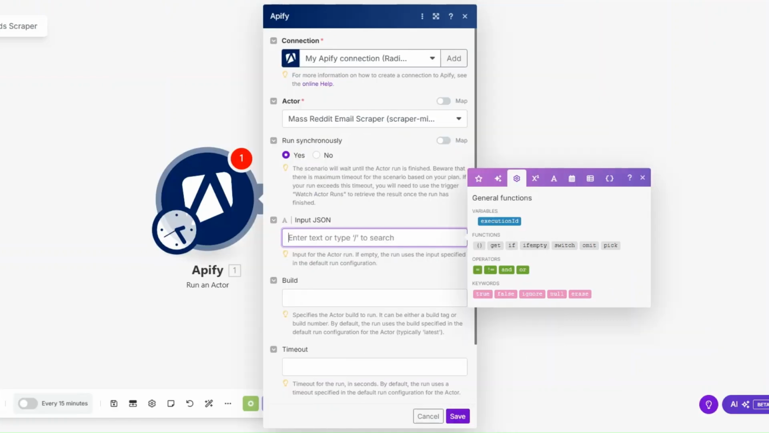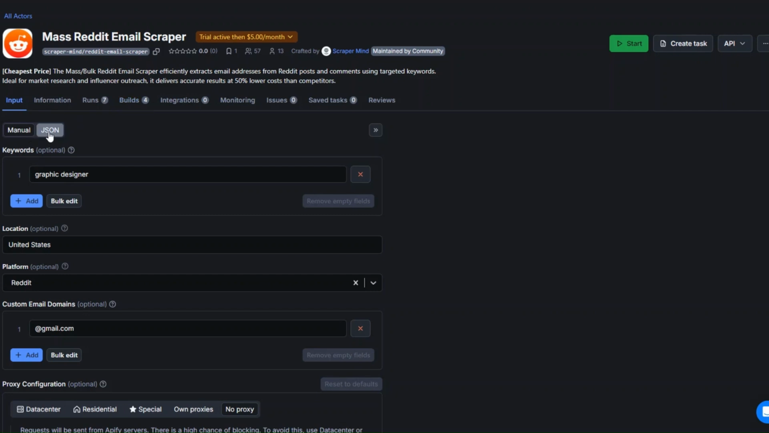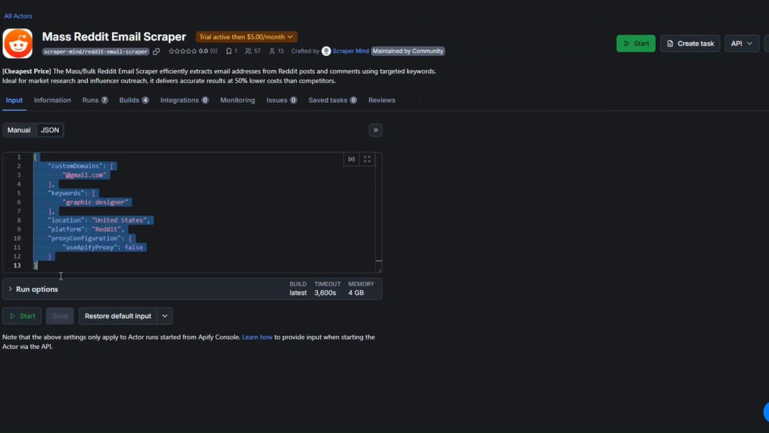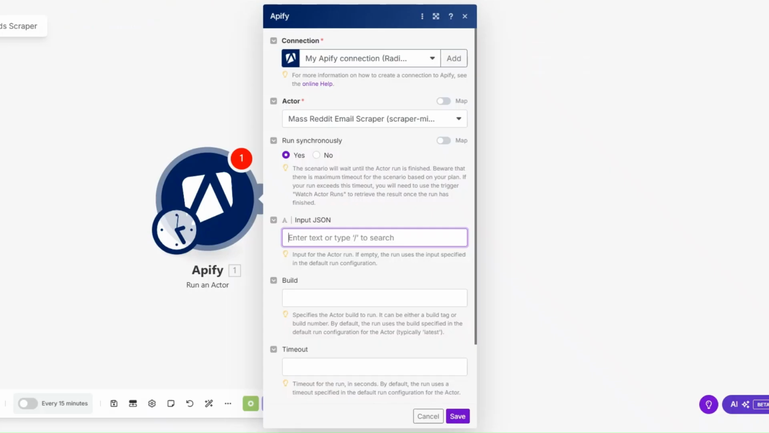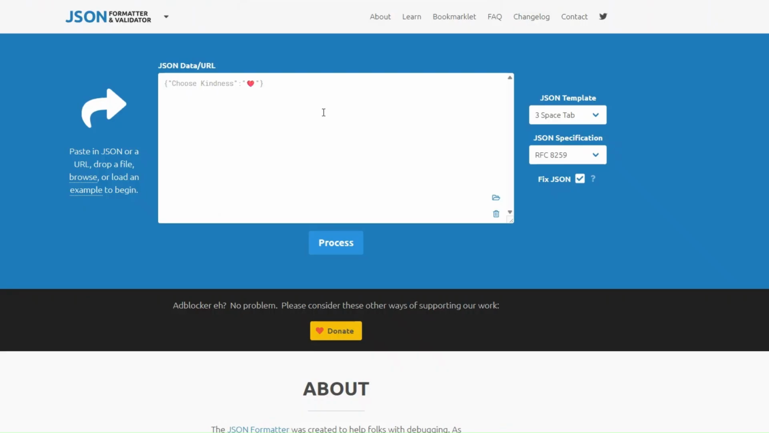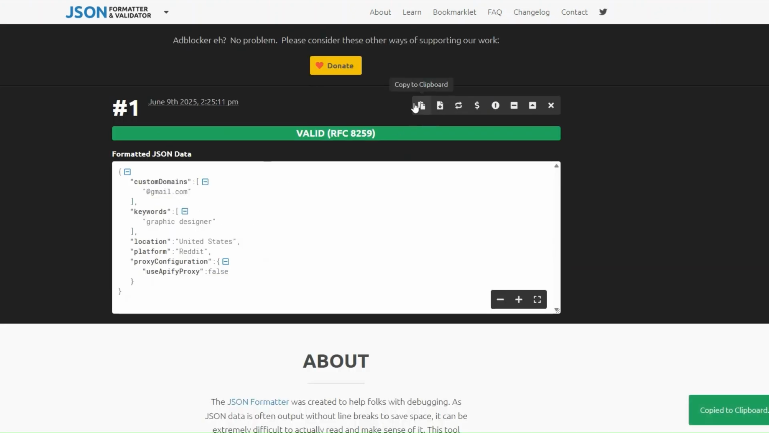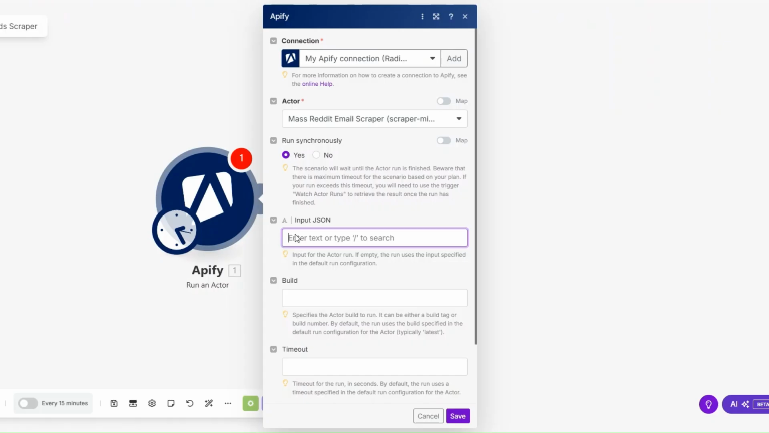To get our JSON, I'll go back to our tool, click on our tool right here. Then it says manual and JSON, click on JSON. Then here, I'll copy this JSON. Now, before we add our JSON right here, we'll need to format our JSON. So I'm going to format our JSON using this JSON formatter tool. So I'll paste our JSON right here and click on process to format our JSON. Our JSON was formatted, so I'll copy it and then go back to our tool and paste our JSON right